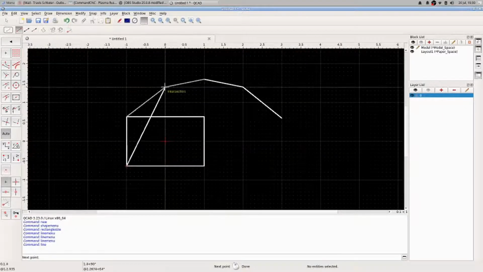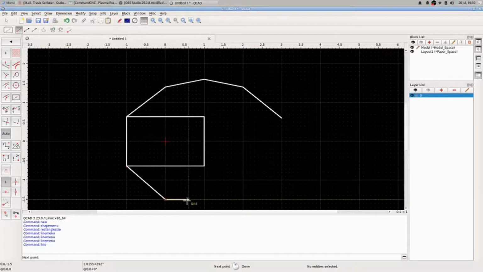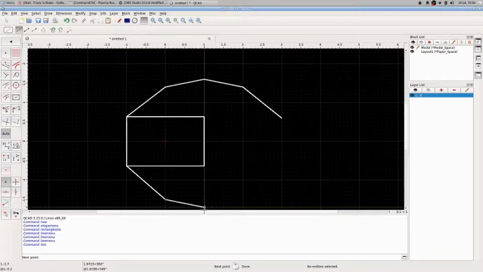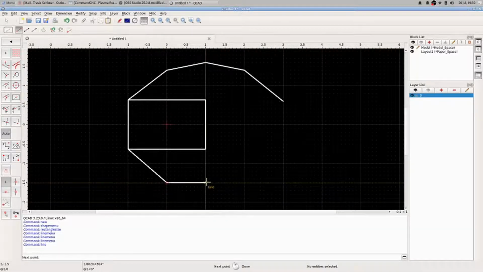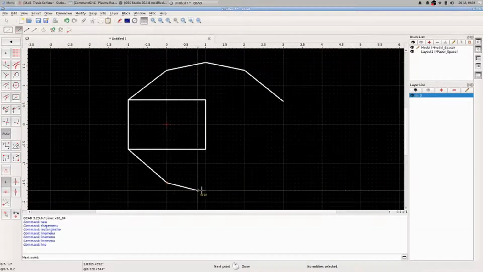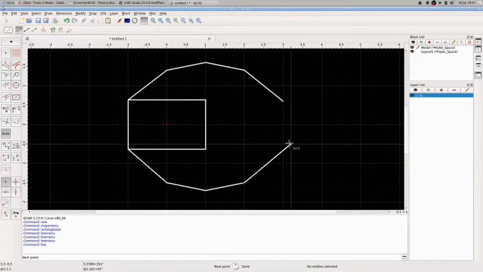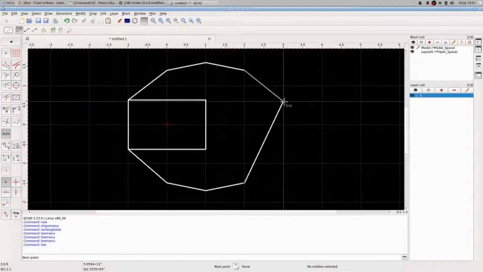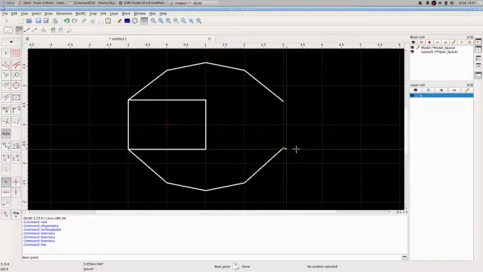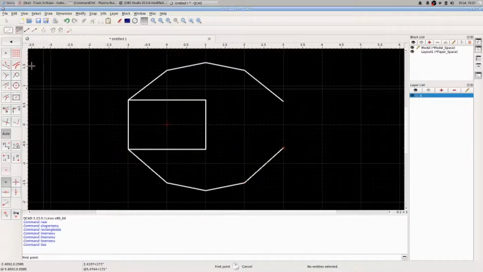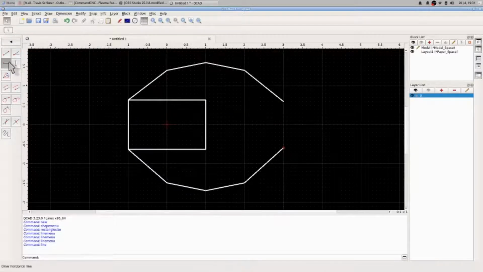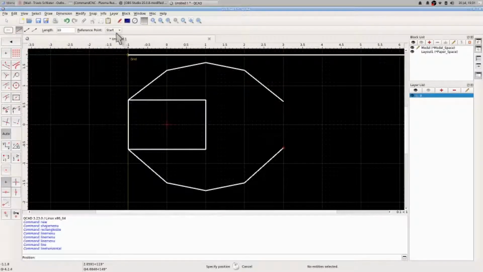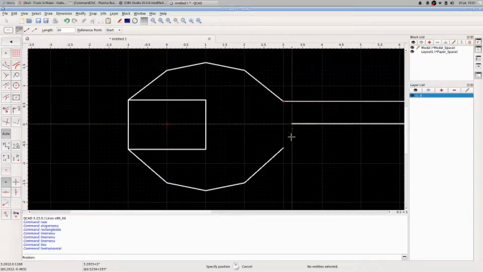So 1, 2, 3, 4, 5. Drop it. Go up 1, 2. This time I walk 1, 2. Come over, drop it in. Go back down to the same plane and drop it on the same grid line. Right click. Right click again. Line from the start, 10 inches in length, drop it there,